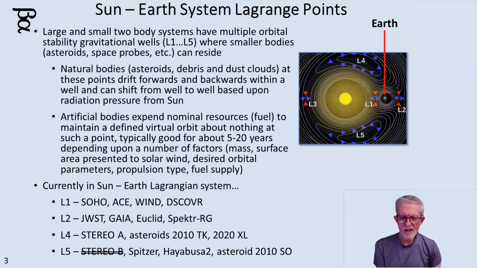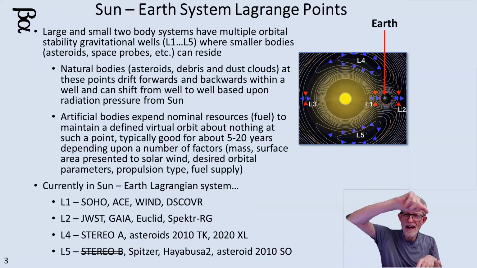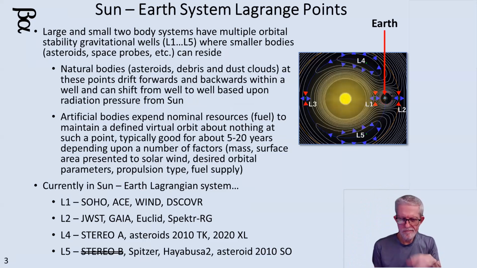The weird thing is you can be an asteroid at L4 and the solar wind can push you around, and you'll drift in a low energy orbit until you hit L5 and you'll stabilize again. And then the solar wind can push you again past the Earth back to L4. So there are debris items that are what they call Trojans, which is what they call these things that wind